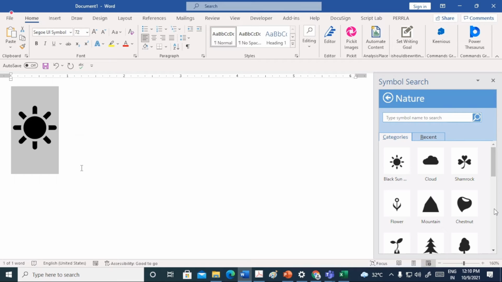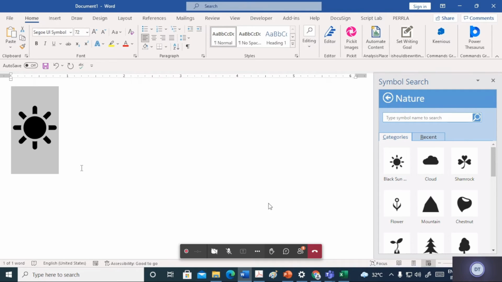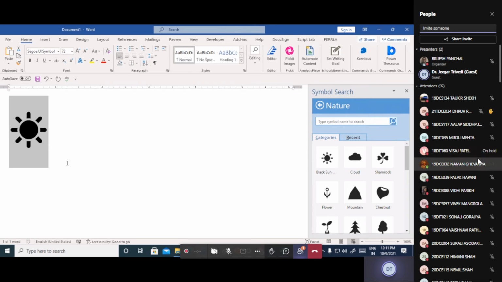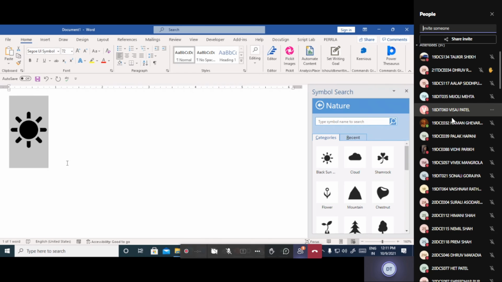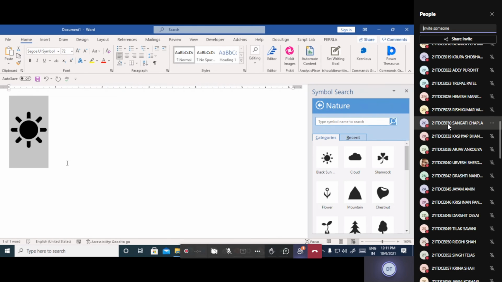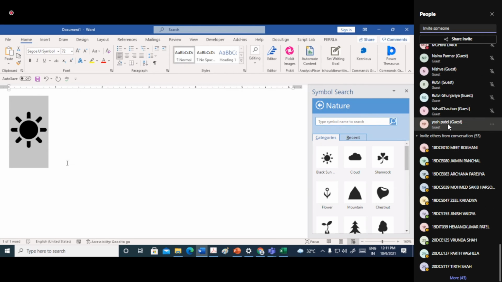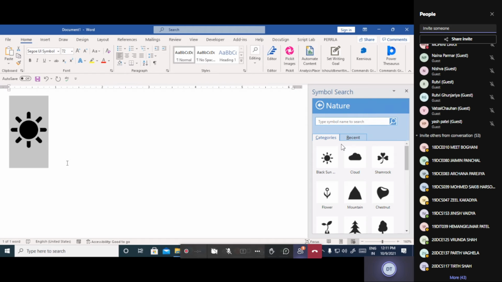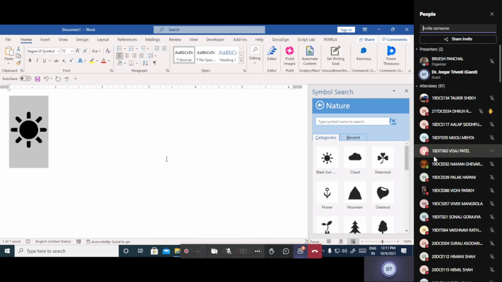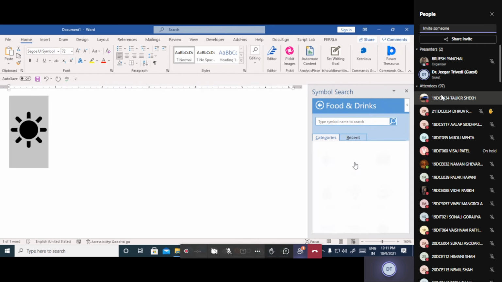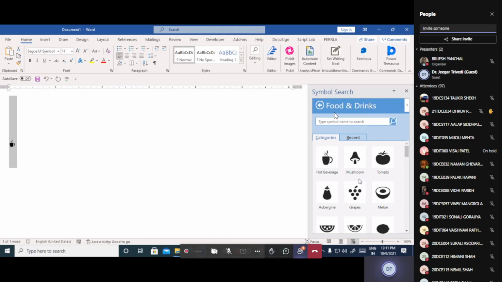Symbols are generally created with the help of integrating your ASCII key and non-printable characters. This symbol also has an ASCII value, so it is basically a kind of text. So what is the difference between image and symbol? If you store this into the database, it will go in the format of ASCII, whereas if you put an image, it will go as an image format, right? So these are symbols, and so many types of symbols are available, that you can see.